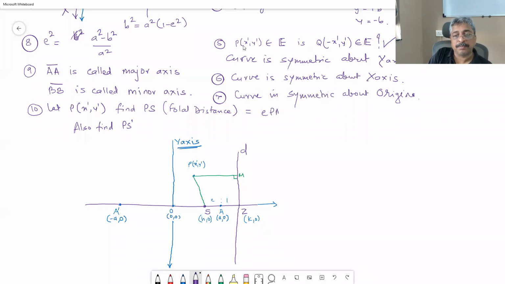E times PM. So E times PM, if you want to keep it positive, then it is, what was this? E upon A upon E comma 0. So A upon E comma 0 minus X dash, then this quantity is going to be positive, which is A minus EX dash. That is your PS, and PS dash is going to be